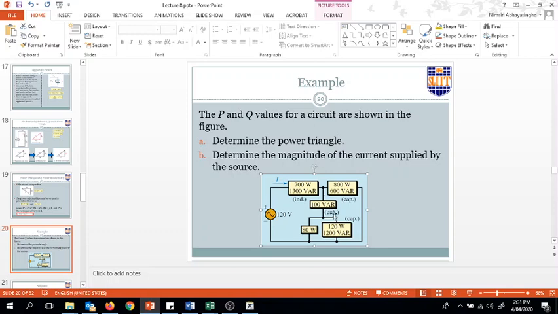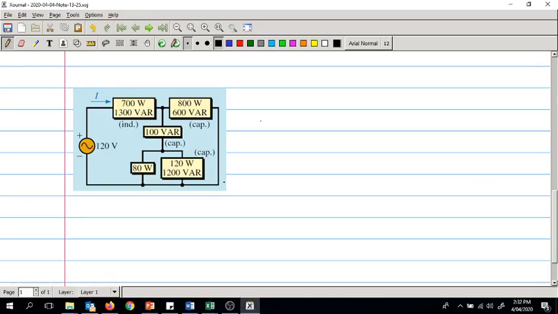Once you know the apparent power S, you can use S is equal to VI to find I. So we have to find out S. We know that we can't calculate S from the individual components, because each has its own S, but S total is not equal to the sum of individual S's. We have to find PT and QT separately. Let's do that. Can you also do that with me? Right? So PT